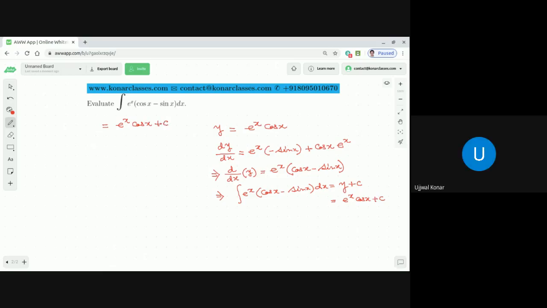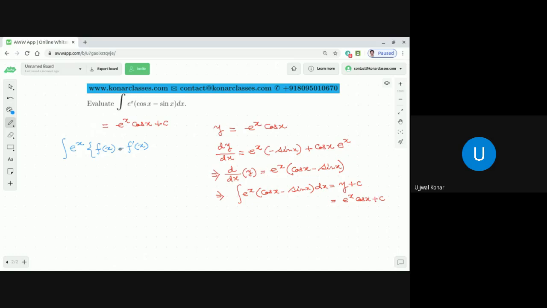Now you can say, sir, you are experienced, so how can I do this? There is a purpose why I gave this question. I'm going to tell you one particular technique with which you can always find the integration very easily. What is that? Very important, dear students: if you find any integration of e power x into fx plus f dash x,